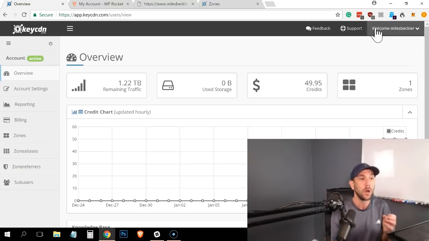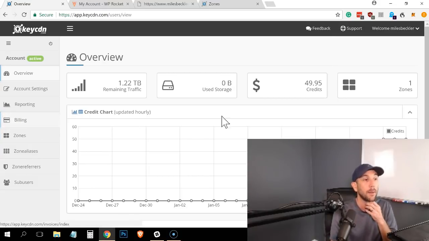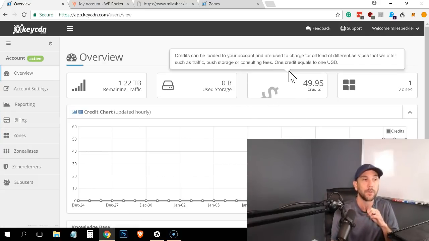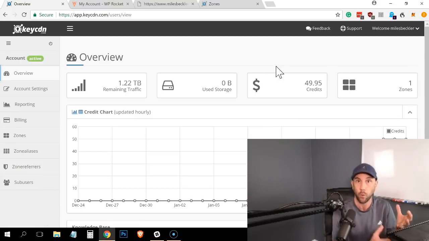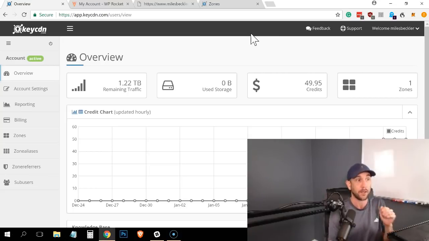When you do want to stay on, you need to go under billing here and purchase credits. You need to purchase something like $49 minimum worth of credits, and then I set mine up to auto rebill when I am out of credits. And the reason for this is I want to build this, configure it, set it, and forget it, and it's going to automatically populate for me month after month, or if it takes 3 months to use my credits, whatever that is, it's based on how much traffic you are